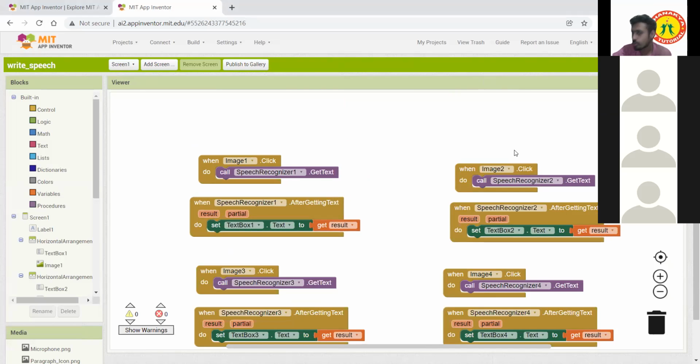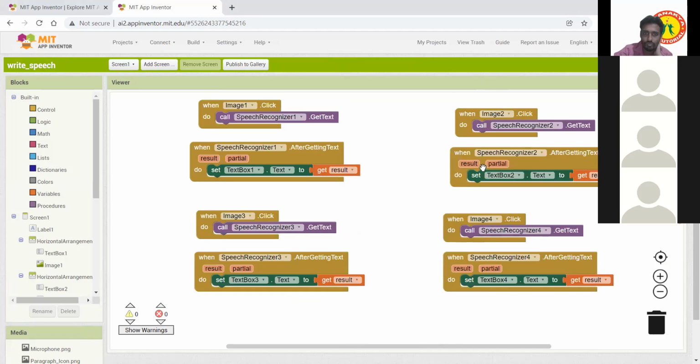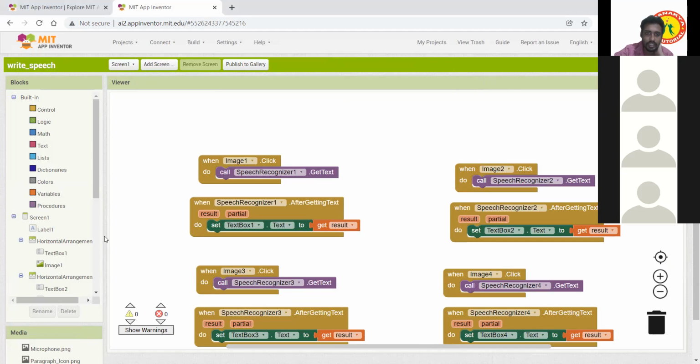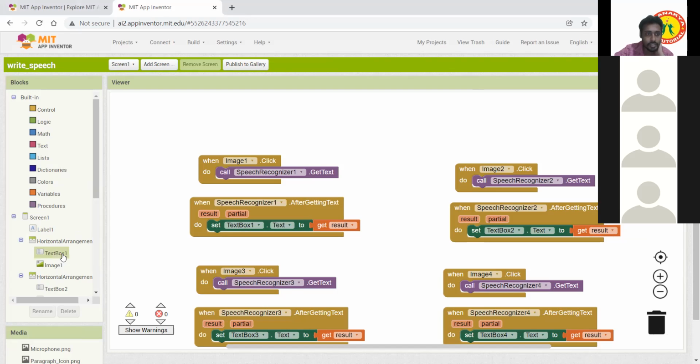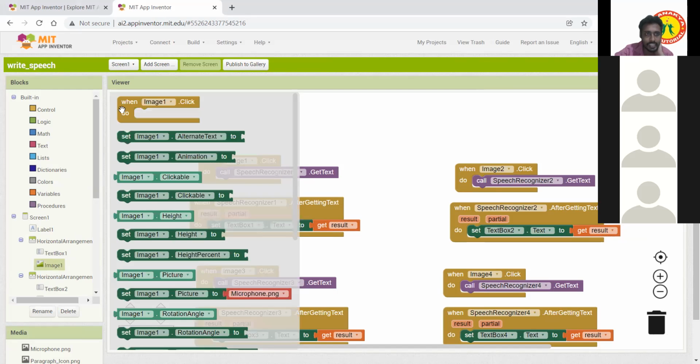So this is the programming part for speak recognition. We are doing programming for each image. This is image 1. First go to image 1, take this one, when image 1 clicked.